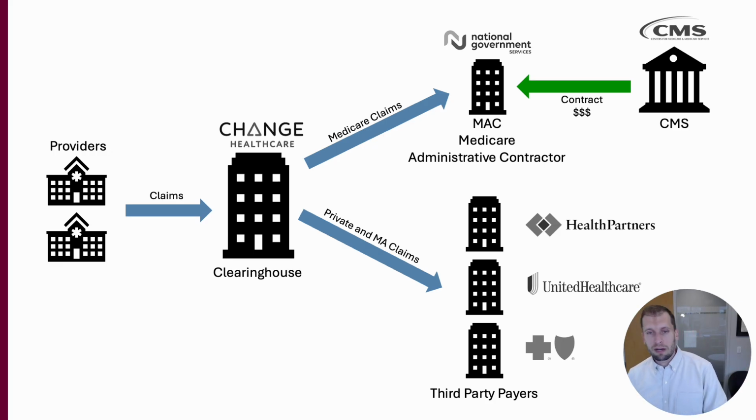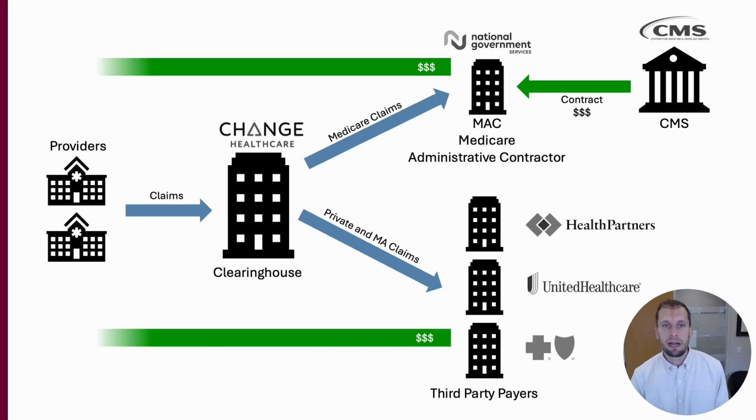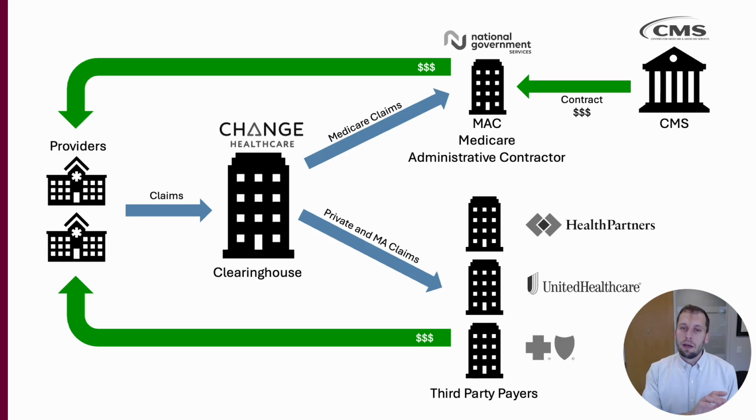This is a medical equipment claim. So it gets very complicated very quickly, and the clearinghouse is going to manage all of that for you. So you send all of your claims to one place. They farm them out from there. Okay, and then once the claim is submitted, the payer will remit the payment directly to the provider, assuming it's